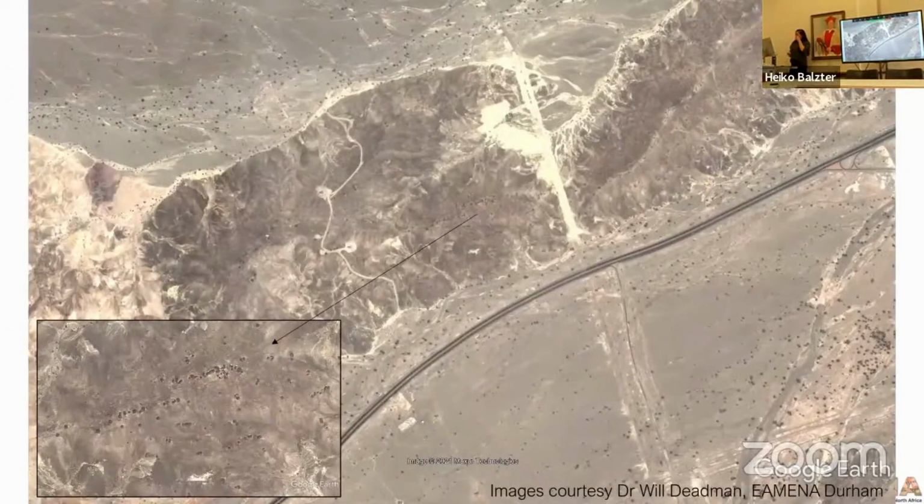Another really important and useful thing that remote sensing offers archaeologists, particularly in Google Earth, is the time slider function. That is the ability to track landscape change and the condition of archaeological sites over time. So in another example, we can take this prehistoric cemetery in northern Oman, which was recorded by a member of